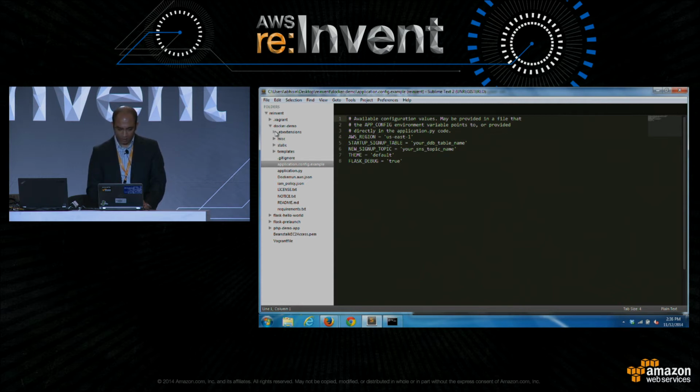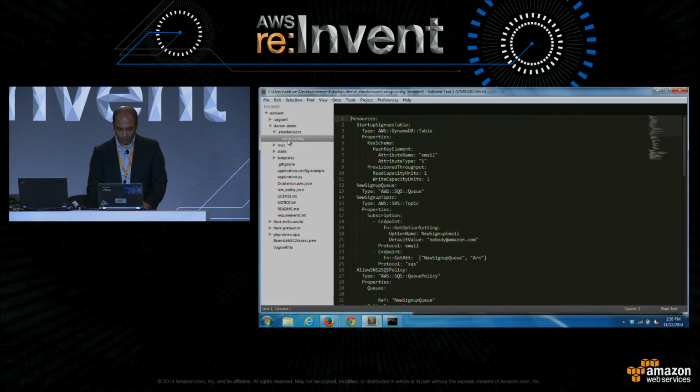One of the other things we'll touch upon in the advanced topics is these EB extensions. But I quickly want to walk you guys through some of the things that happen in here. So in here, we're basically saying resources. We're setting up a DynamoDB table. That's where we're going to store our emails. We're setting up a new queue, because we're going to drop the emails in a queue and not process them synchronously with our front end. That's just a bad thing to do. And then we're setting up an SNS topic. This is what actually sends the email to the customers. And then we've got these properties, subscriptions, endpoints, and we've got this option setting, which is new sign-up email with